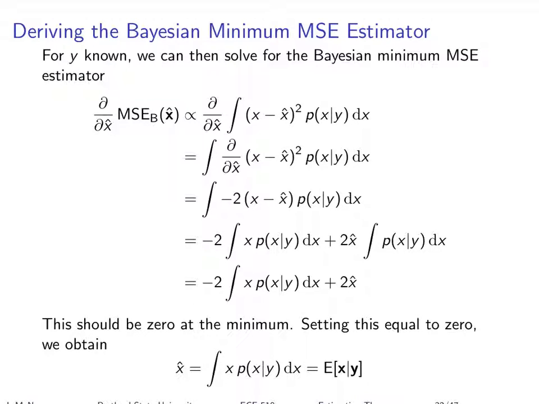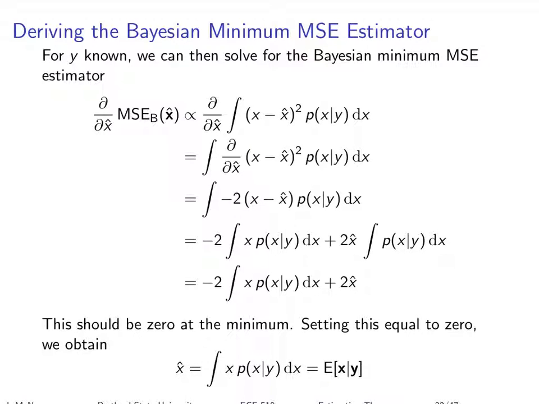Setting those subtleties aside, if we take the derivative of that mean squared error, the term that was in the brackets on the previous slide, we're just taking the partial of this relative to x hat, the thing that we're trying to minimize over. We can bring the partial inside the integral because they're both linear operators, so the order doesn't matter. The only thing that depends on x hat is this term. We take the derivative, and we can then split this out into two separate integrals. All of you should be able to follow this calculus and algebra pretty easily.